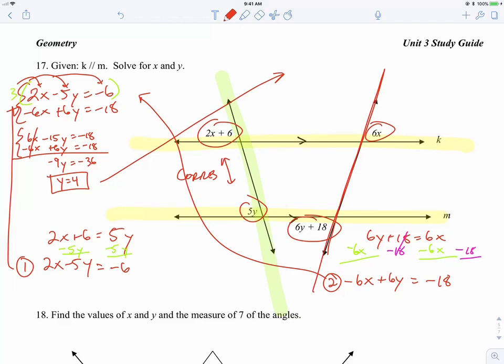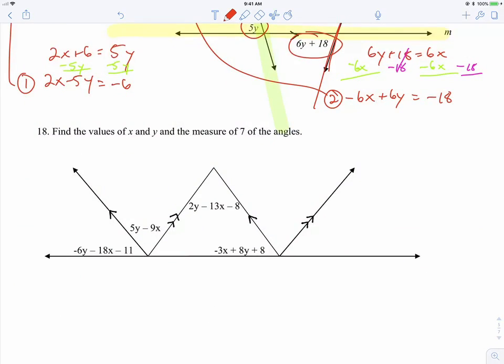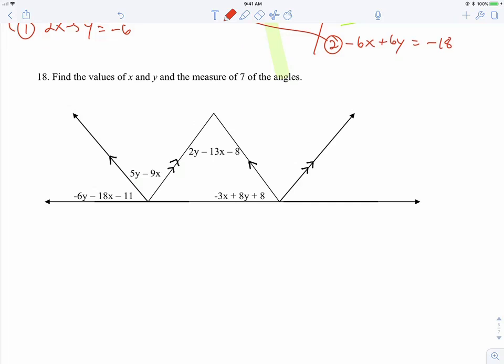So from there, I say I'll use 2x minus 5 times 4 equals negative 6. 2x minus 20 equals negative 6. I'll add 20 to both sides. 20 minus 6 is 14. X equals 7. Okay, this one